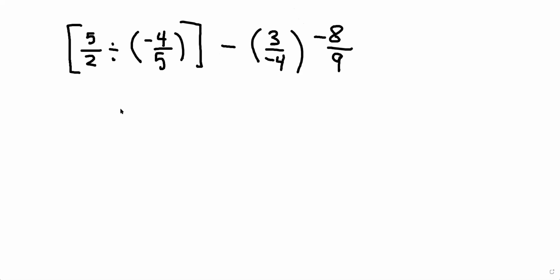So here we go. This is the last question I will do. Definitely have to do this brackets first, and then you do this brackets after. So to do this bracket right here, you have to change a few things. So this becomes 5/2 times 5/4 or negative 4, minus